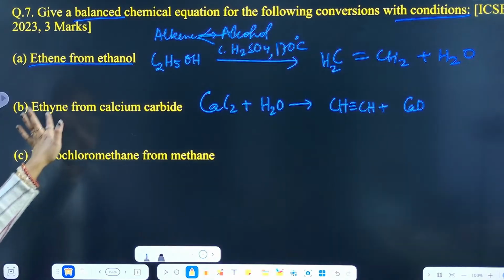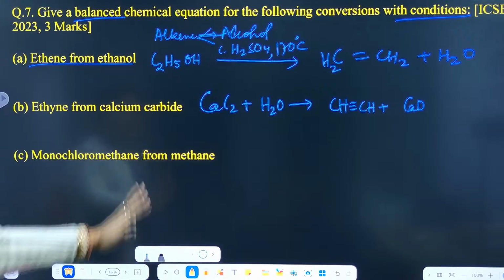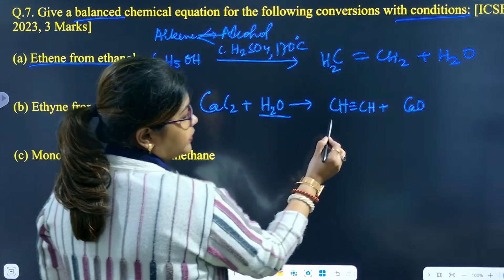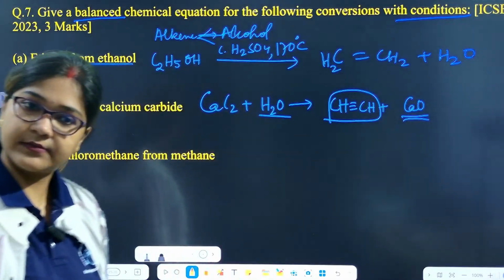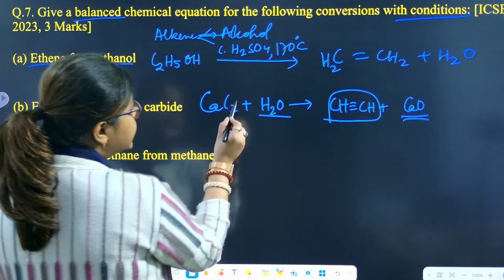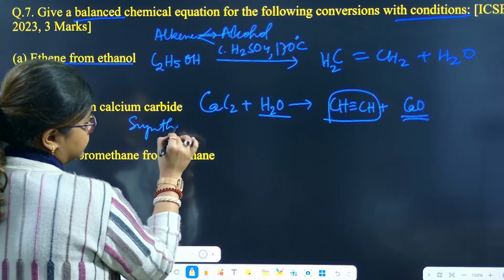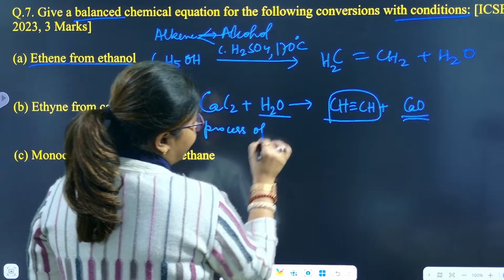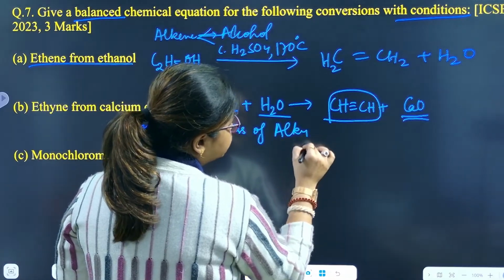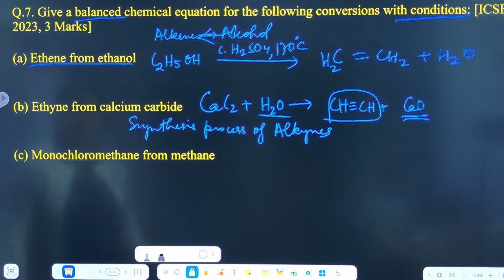Next is ethyne from calcium carbide. When you react calcium carbide with water, you will get ethyne and calcium oxide, right? So this is a very important synthesis process of alkynes. General synthesis process of alkynes. Okay, next is